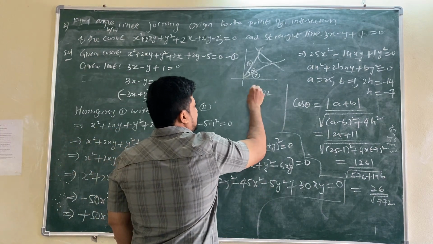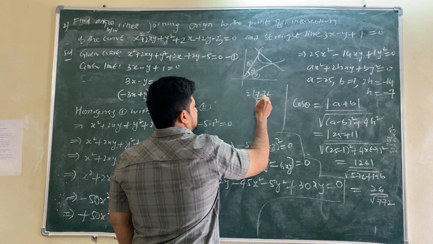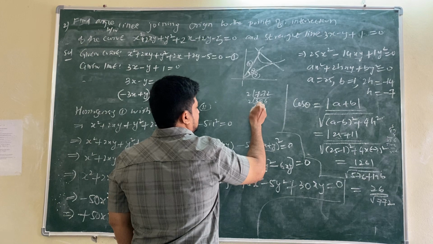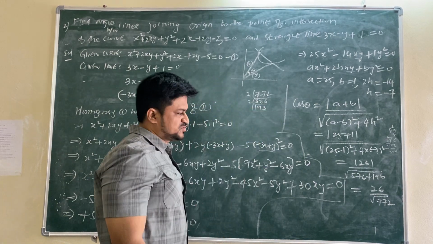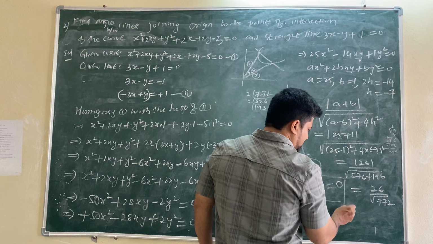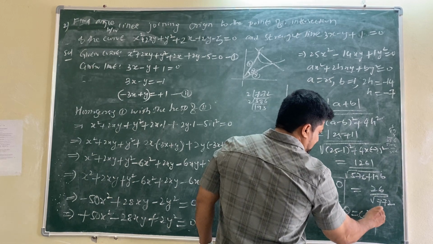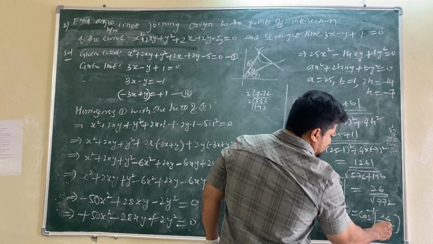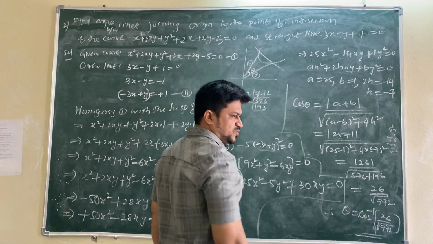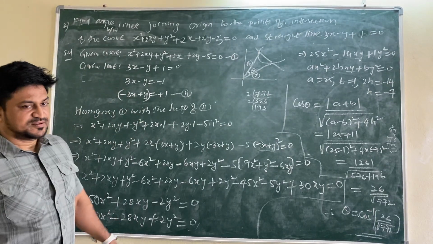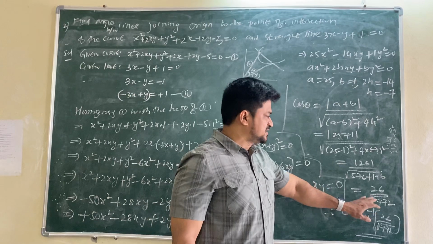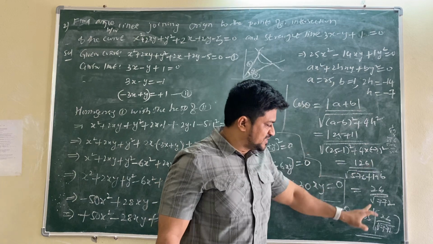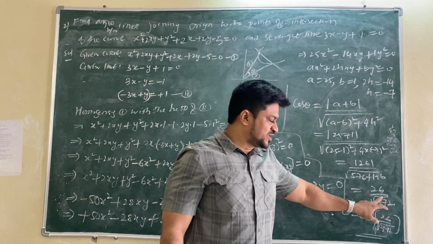Now the square root of 772 is not a whole number, so we will find the LCM for this one. It becomes 2 root 193. So you can leave it up to that point. We are not getting a square root. Theta is equal to cos inverse. You have to send this cos to that side. Cos inverse of 26 by root 772 is the angle. How do we get that? When we have not got any value, whatever value remains here is the cos theta value. So we need theta, we need the angle, so cos we have to send to the right side. Cos becomes cos inverse of whatever the given value is.